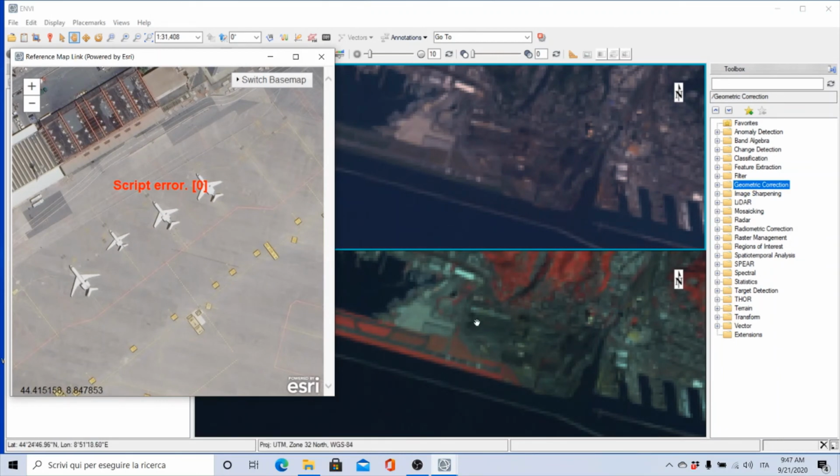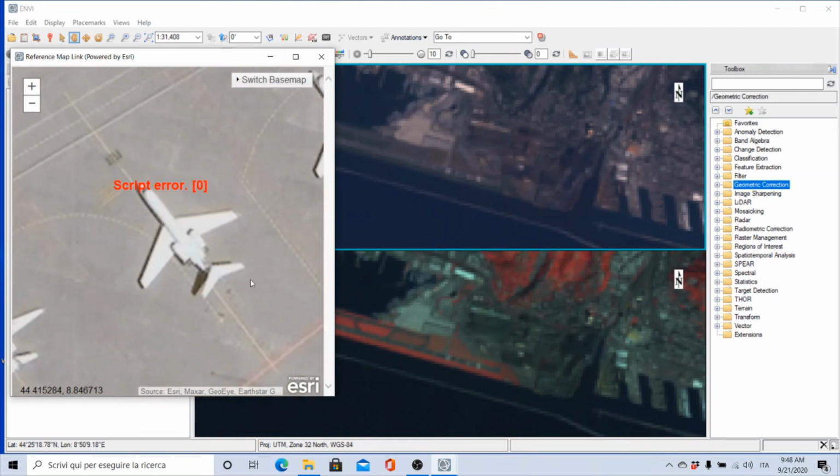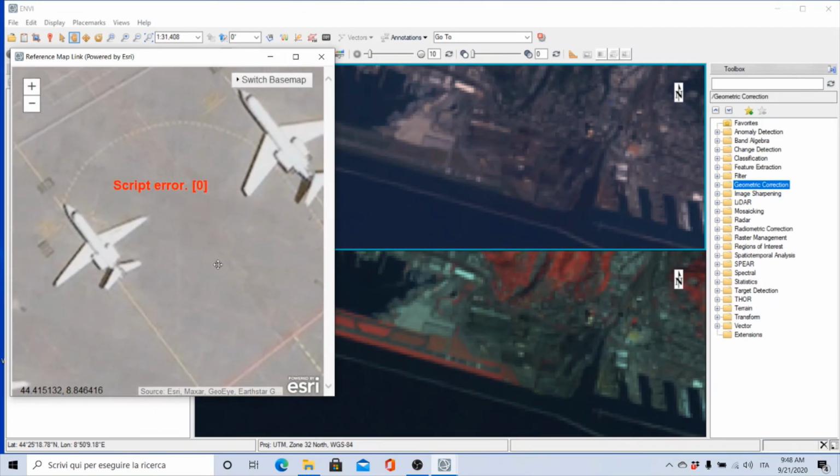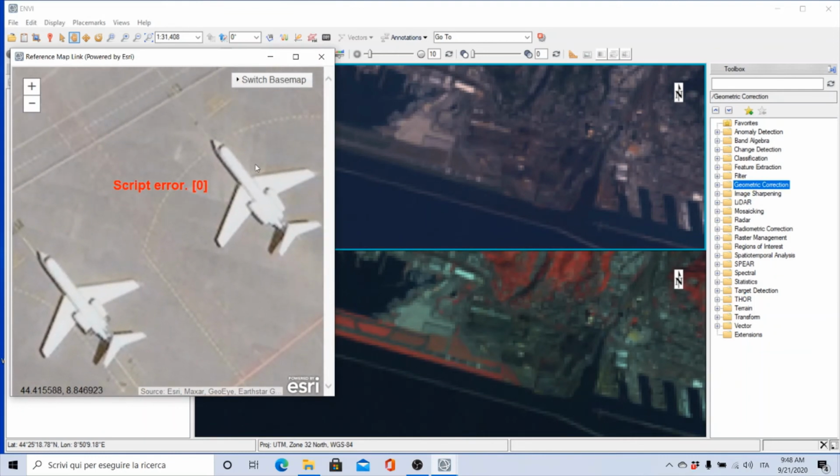Of course, this is in the original image, the Landsat images that I have opened. I mean, there's no possibility to see some airplane, because there's no enough resolution. So you see that I can really recognize this airplane. Pay attention, because these images are not really acquired by satellite, but you know that, for example, in